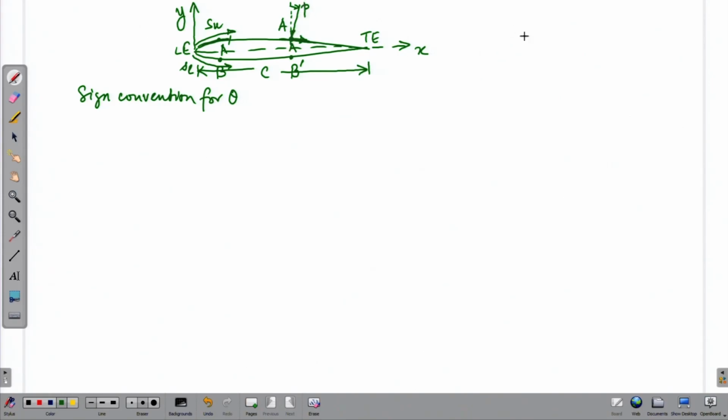So, I will draw it a little larger later on to show the details. So, that is the angle theta, and the sign convention for theta would be that it is positive when measured